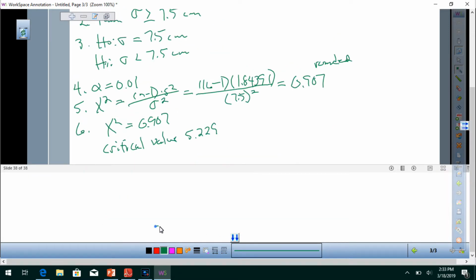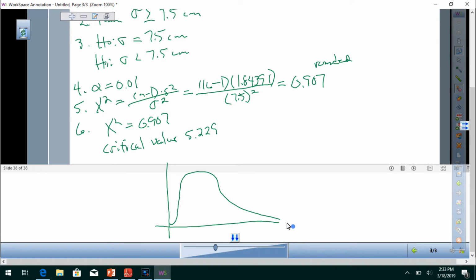Let me draw this. It's going to look something like this, and it goes like this, and then it never actually touches. It keeps on kind of going there, gets kind of closer. We'll say this is 5.229. So this is our critical region in here. And we're over here at 0.907, which is definitely in the critical range. Okay,